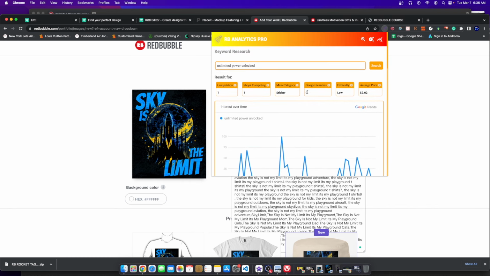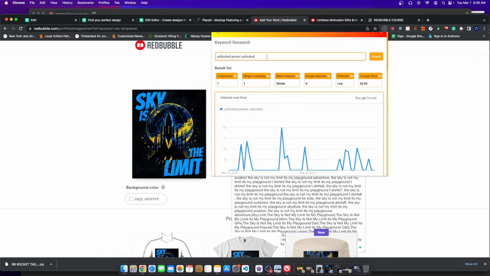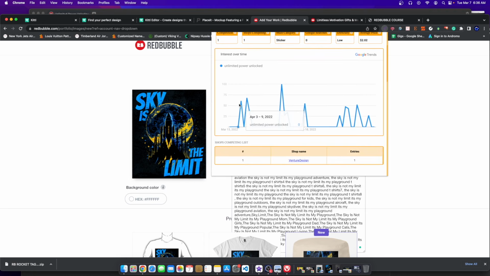Now, the reason it says 0 here, if you're familiar with the way Google works, is that 0 means it's 10 or less. If it's 10 or more, it will write 10 to 100 or whatever it is. So it doesn't actually give me a number. You can see here there's a search that was performed,